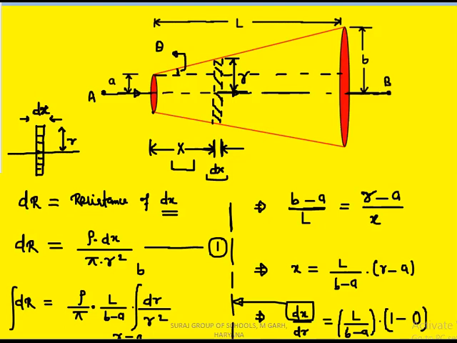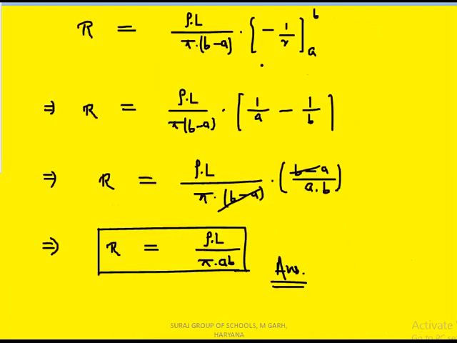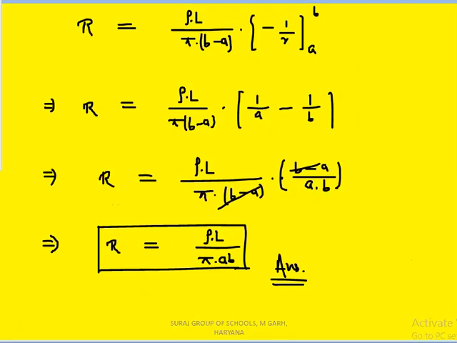Now we have to integrate this equation from small a to small b. The integration of 1 by r square, as we have seen in the previous case also, is minus 1 by r. Putting the lower limit and upper limit, it will be 1 by a minus 1 by b. Taking the LCM of these two, in the denominator it is ab, and in the numerator it is b minus a. You can cancel this b minus a, and the answer will be rho L upon pi ab. These are the calculations for calculating the